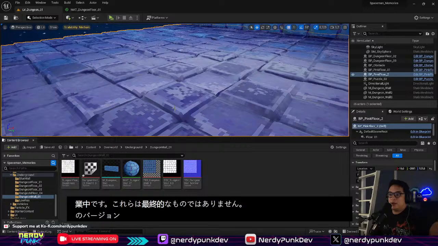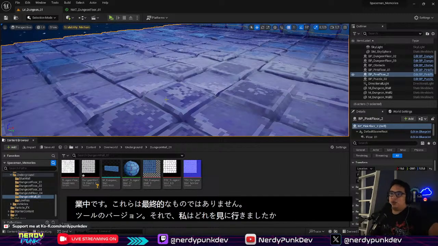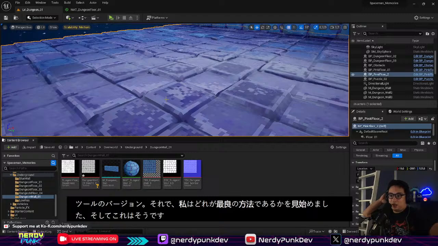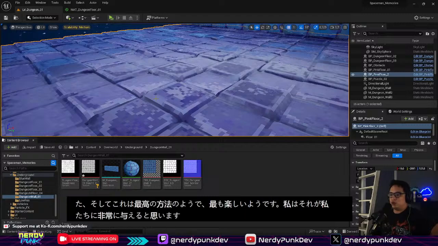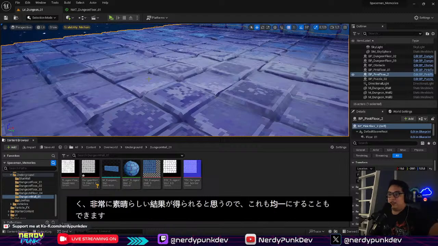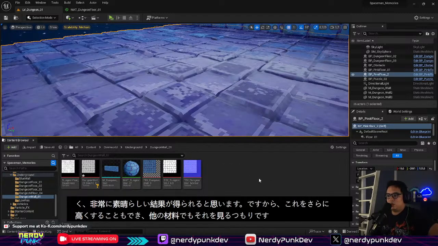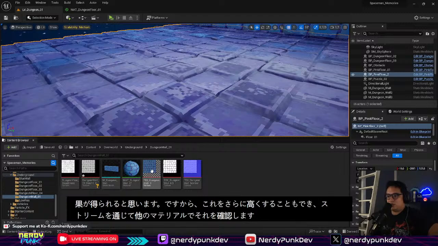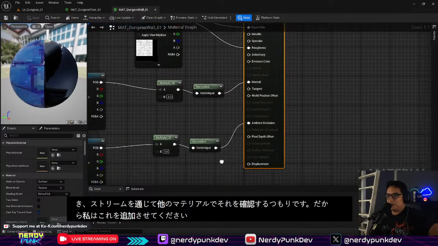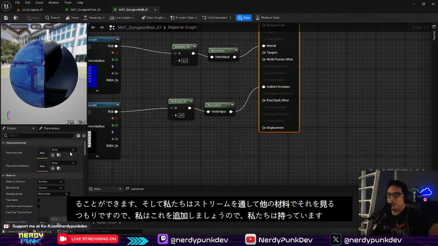So I started to see which was the best method, and this one seems to be the best one and the most fun. I think it gives us very nice results with a lot of flexibility. You can even make this even higher. We're gonna see that in other materials through the stream. So let me just add this one. So we've got the material. See, now we've got that displacement,